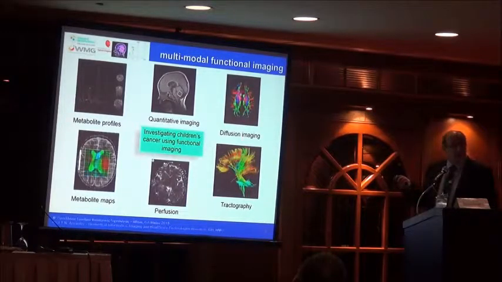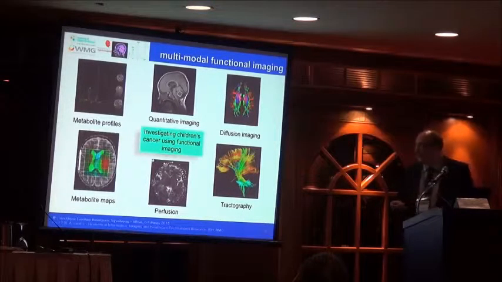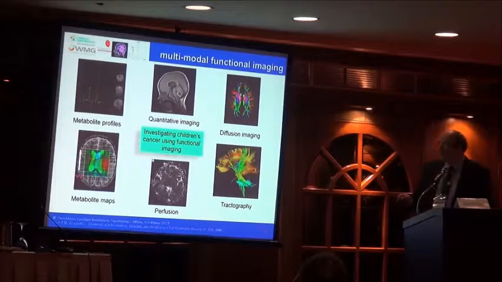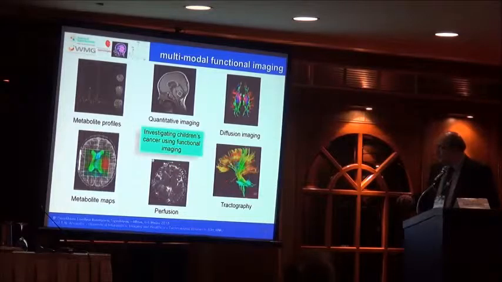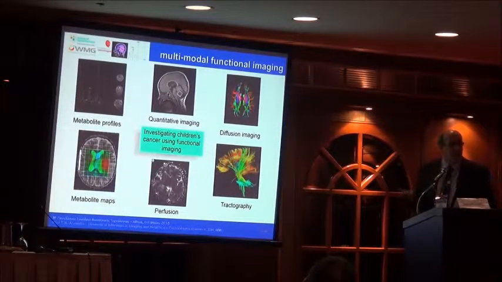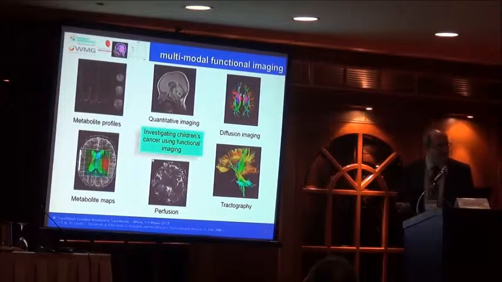measurements. Looking at the properties of water diffusion, so that we understand particular cellularity issues, together with perfusion, where we look at vascularity, and then combine structural and biochemical information into maps that tell us about the metabolism of the tumor, or even we can create, through diffusion, 3-dimensional representations of the tracts of the nervous system.